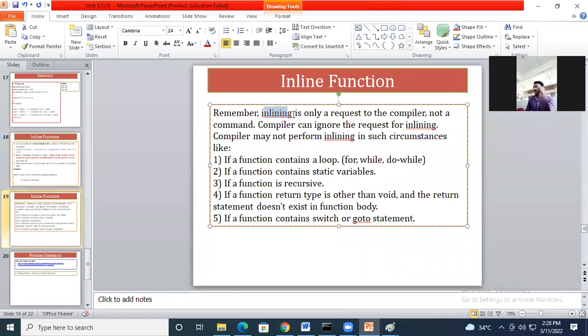Remember, inlining is only a request to the compiler, not a command. It's not a command, it's a request. The compiler can ignore the request for inlining. The compiler may not perform inlining in such circumstances, like